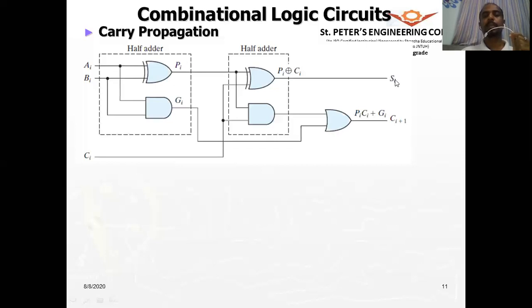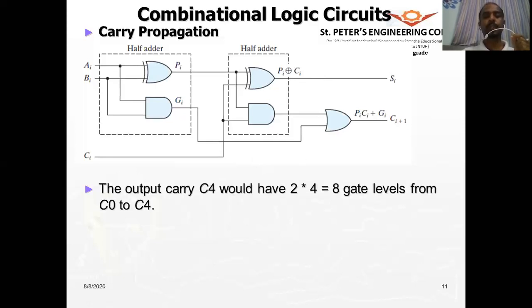Okay. So this will be the final sum. Now we are going to write the expression in terms of this P and G and C's. All right. So the final output will be C i plus 1. This is for a particular stage. If we are talking of A naught and B naught, this will be A naught, B naught, P naught, G naught, C naught, and S naught. And this will be C1. So that is the carry to the next stage and so on, right? So this will be the carry propagation. As I said, it has to be generated from one stage and propagated to the next stage. So that is what we are looking at here.